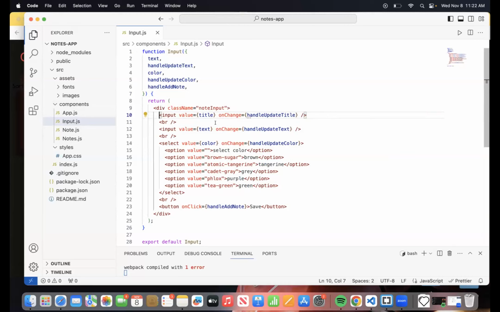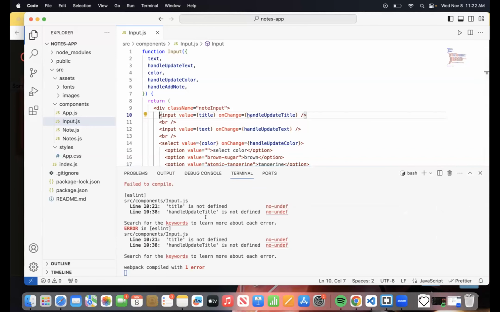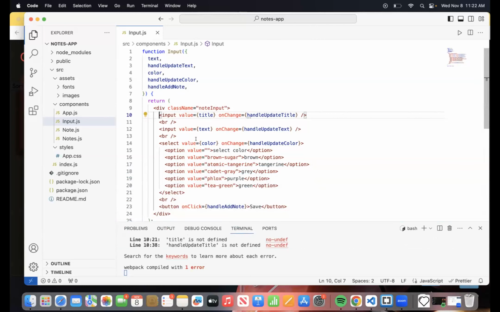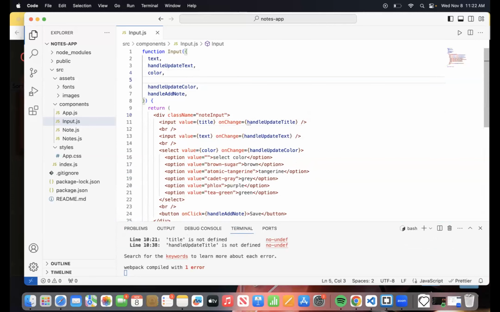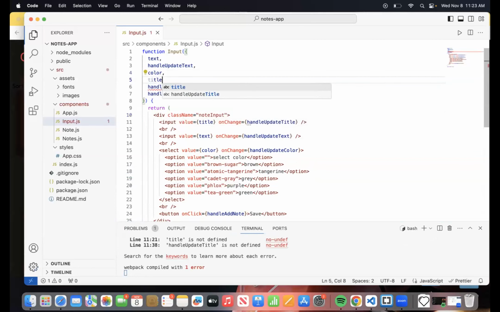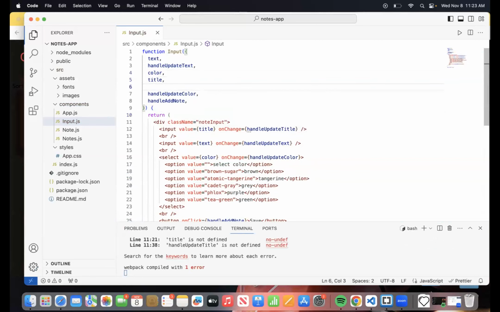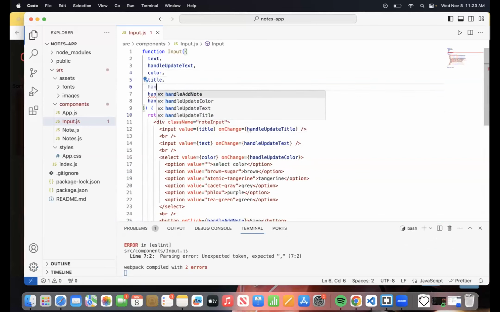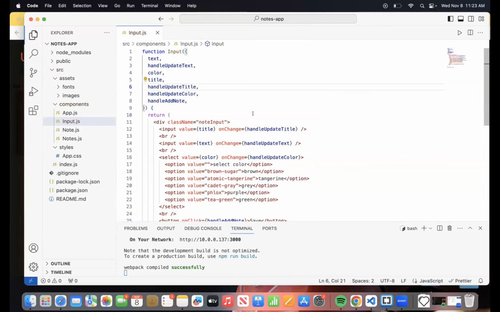One thing though, this will show me an error saying title is not defined, because everything we get inside the return block, we're getting from the props or the parameters of the function. In this case, let me write down title, comma, handleUpdateTitle. Just do this. Okay, so that's that.